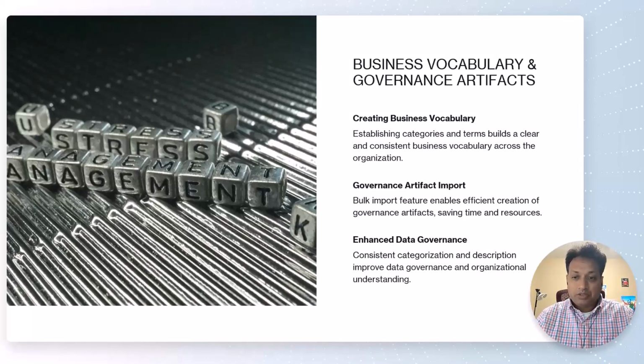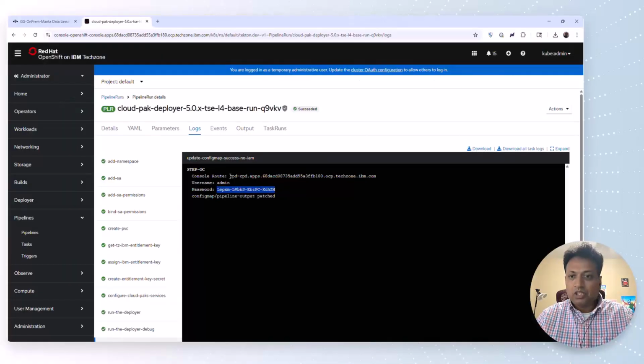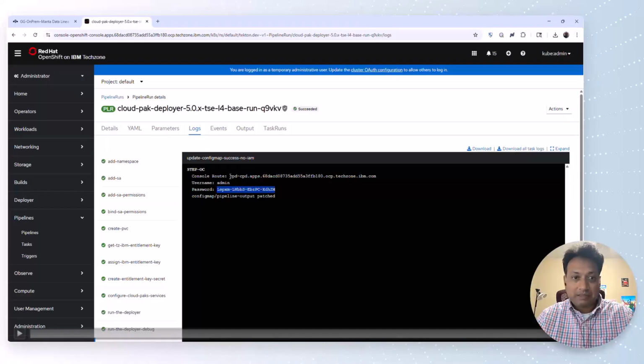This process ensures that data assets are consistently categorized and described, facilitating better data governance and understanding across the organization. So let's create the categories and business terms. To do that,